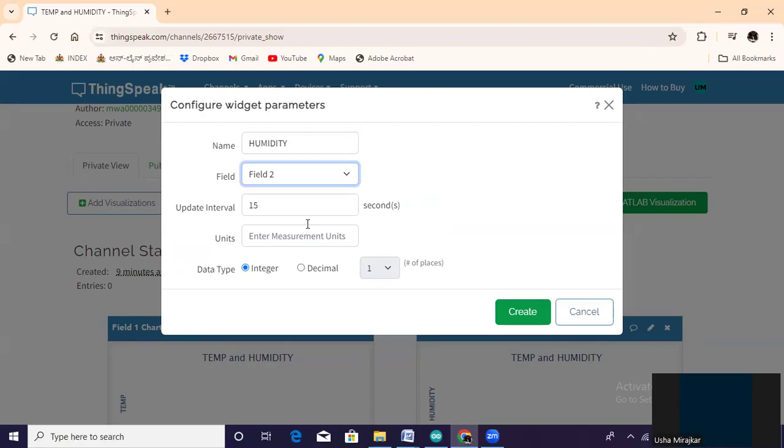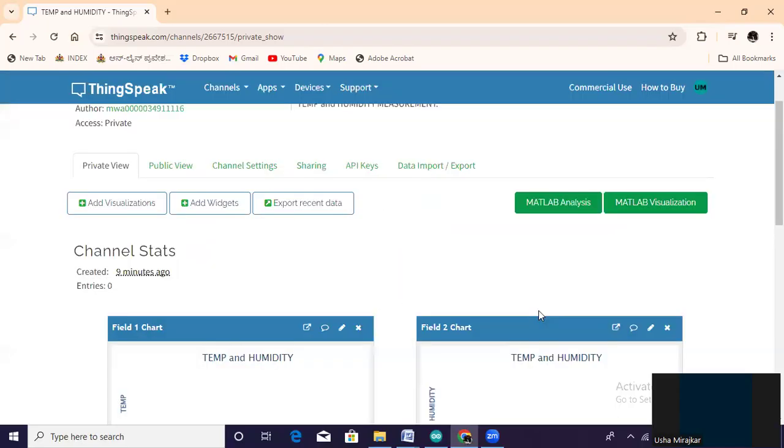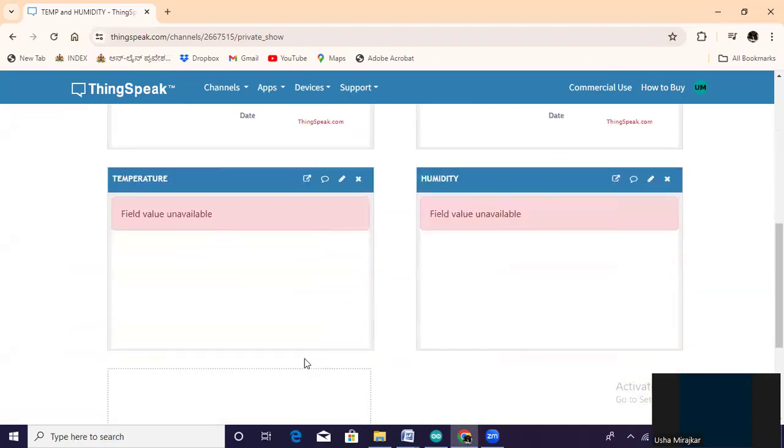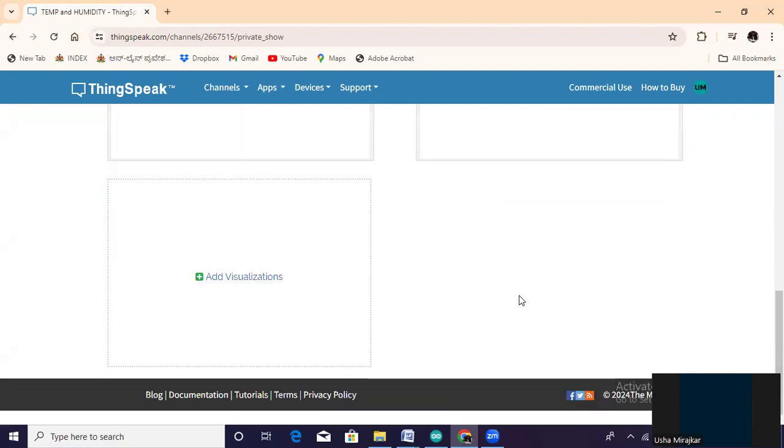Again, to change the output it will take 15 seconds minimum. Again the type is decimal, two places. Create. Now the two widgets are created, one for temperature and the other for humidity. For both we have taken the numeric display.